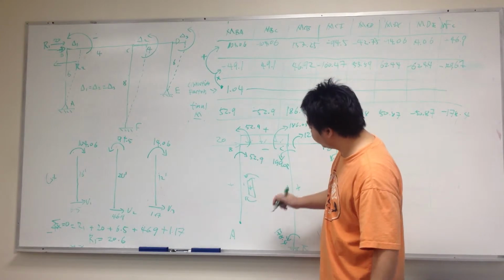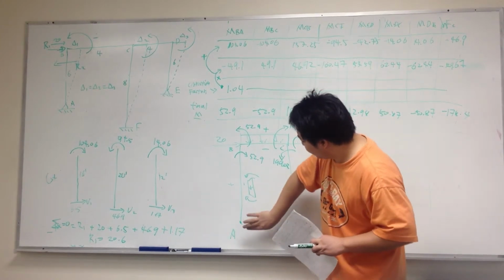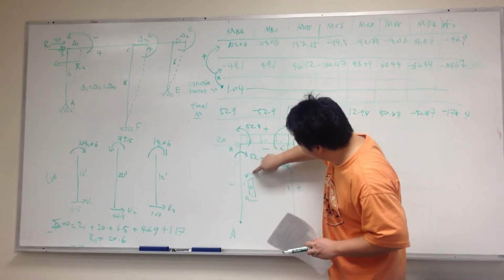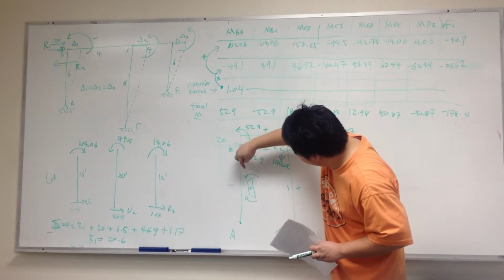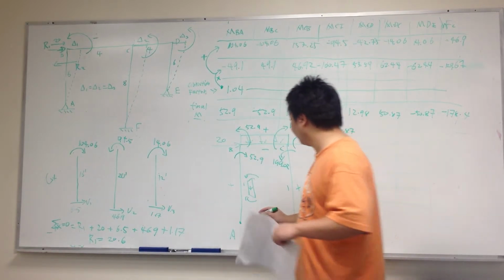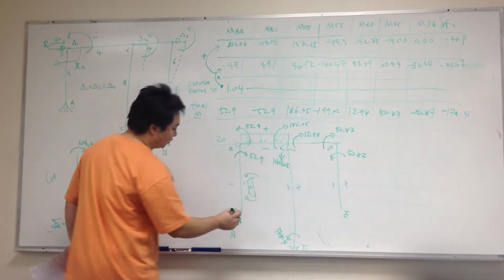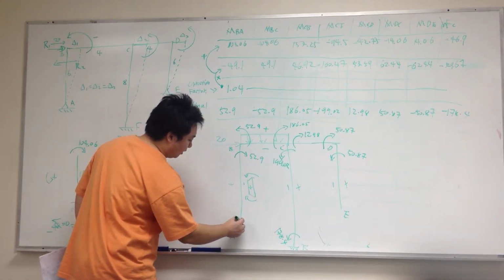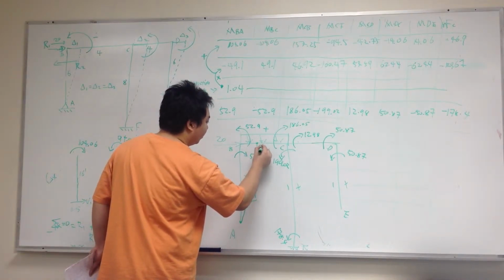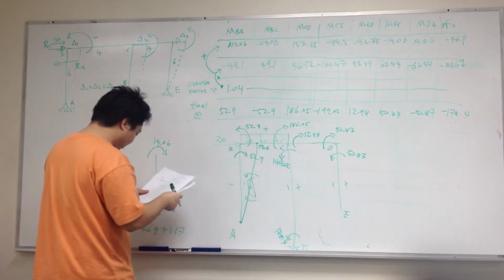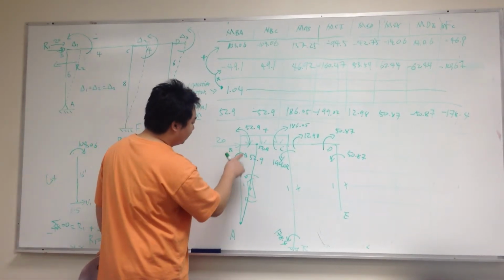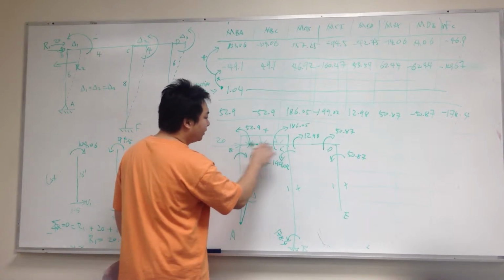And for this one, this side, if you look at this side, this is positive. If you look from this side, this is positive. So this is going to the opposite of this, so this is negative. So since you didn't have any pointer, you're going to have negative up to 52.9, because this is negative. Right? Yes. And for this one, B to C, you have,